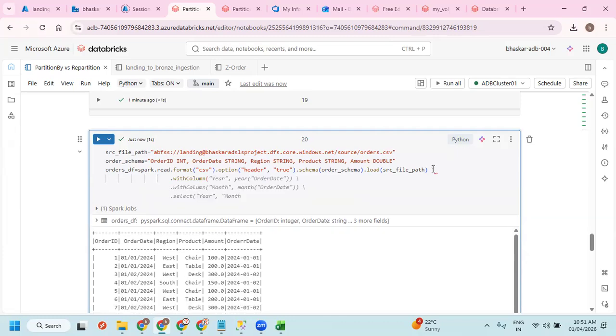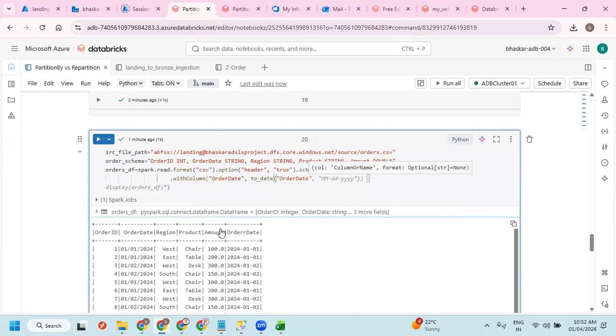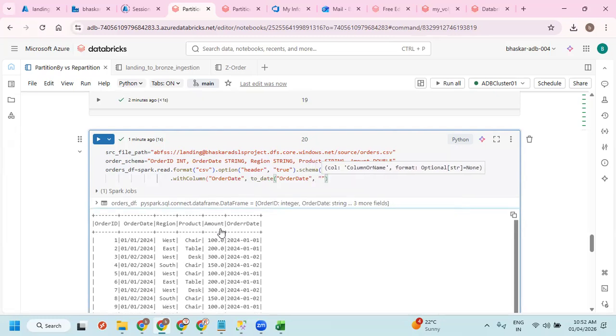I'm going to take the same column name, order date. I'm not going to change the column name so that it is going to replace it. Then double quote, comma, then to_date, order date, comma, DDYY format. Let's close this.